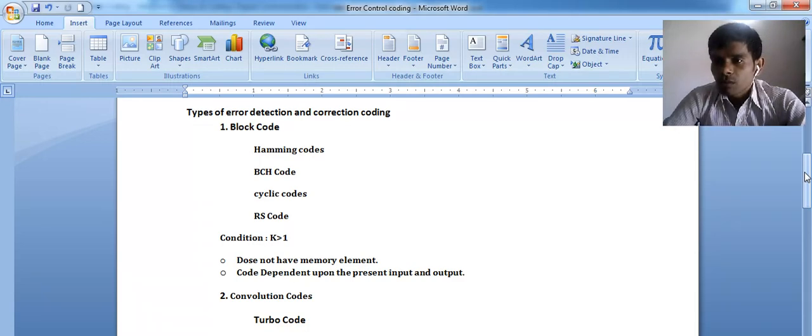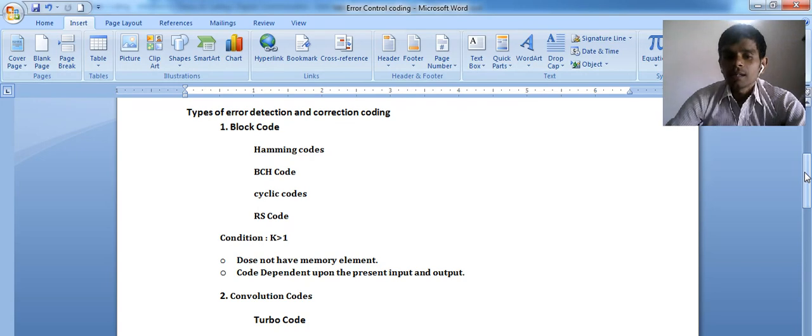So in block codes, signals depend only on the present input and output. They can't hold memory. It means they don't have the previous input or output of the signal. With the help of Hamming codes, BCH code, cyclic codes and RS code, we achieve block code correction and detection.